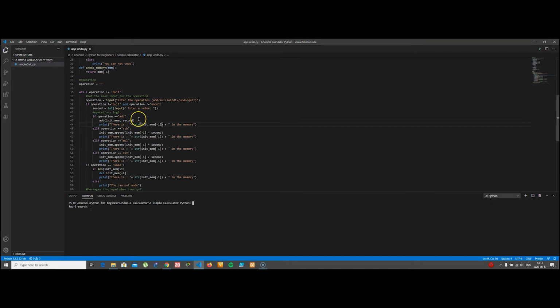So what we want to do is just run the function within each of them before displaying it. So here we go. This is gonna be the sub, and this is gonna be the multiply, and here is the division. We're gonna call the division function to run, and here we go with the undo. Here we're just gonna call the undo function